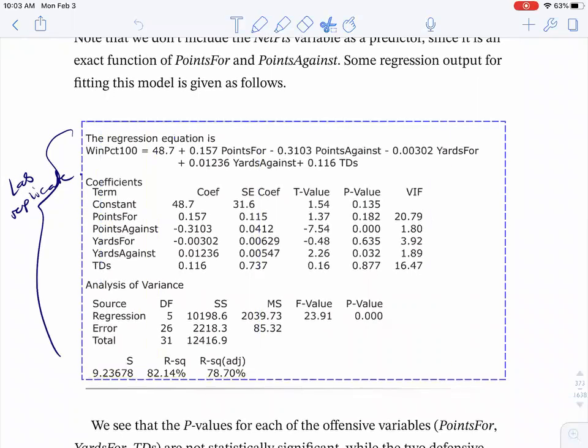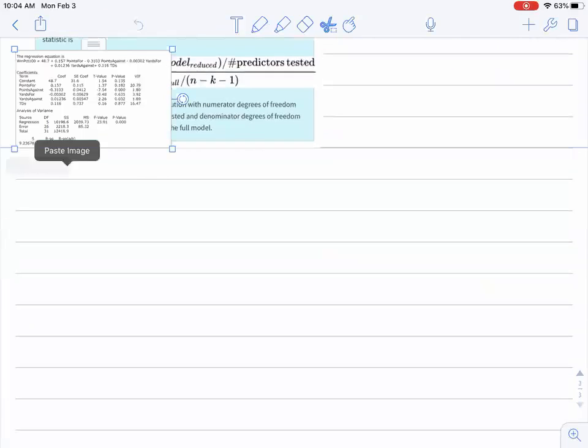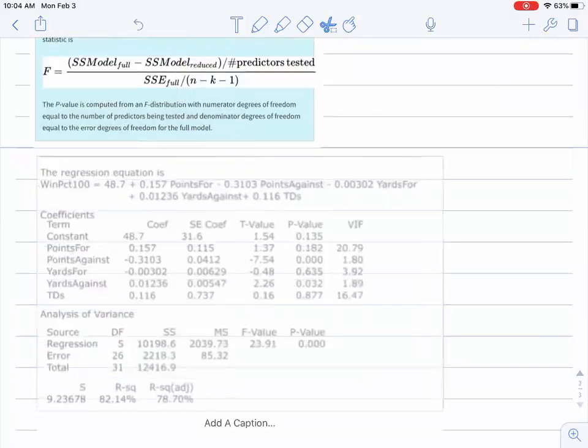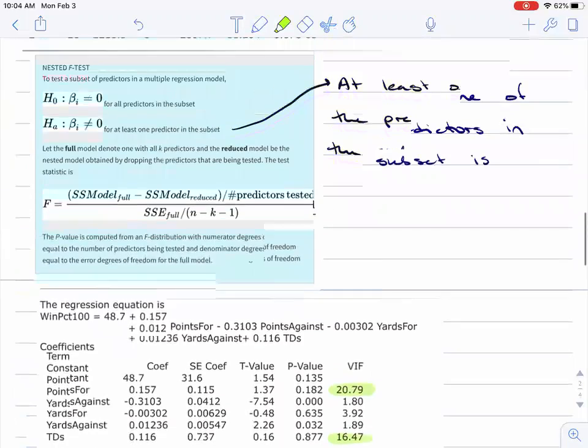So here, I'll steal this in here so that we have it too. There's the points for, which has a really high variance inflation factor. And then I think because the TDs is high too, so it was points for